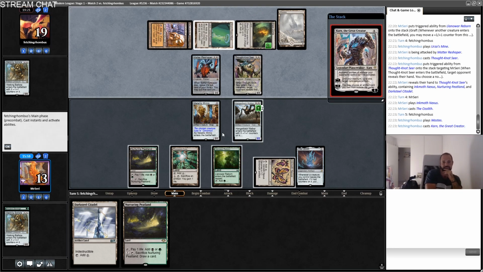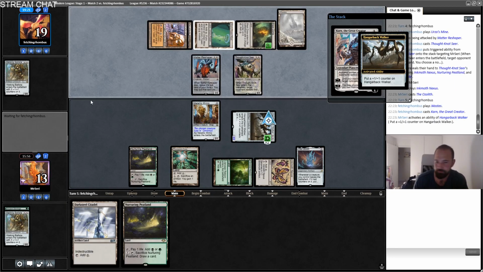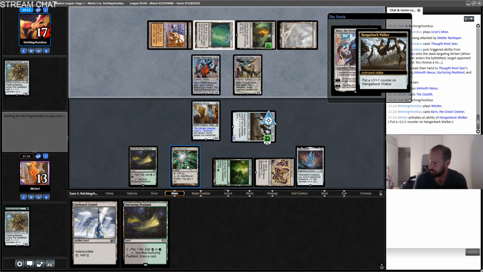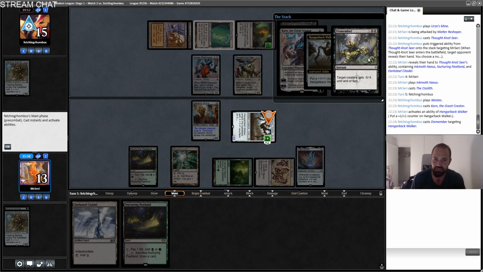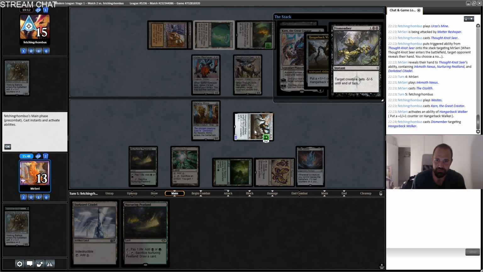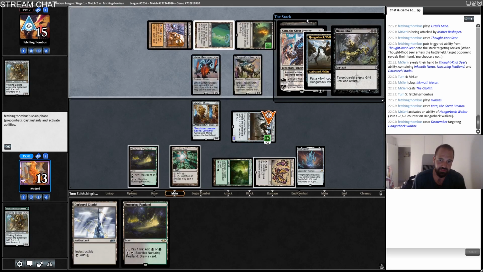Wait, that's Karn the Great Creator. We're gonna start by... We're gonna pump. This card actually will be coming in handy here. There's a discussion. Oh, there's a Dismember going on here. I mean, yeah, but